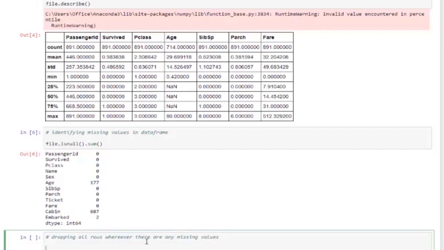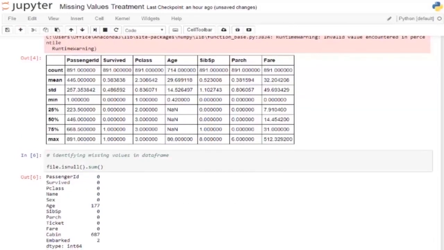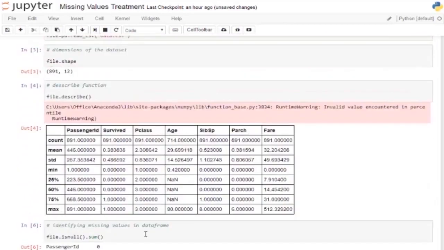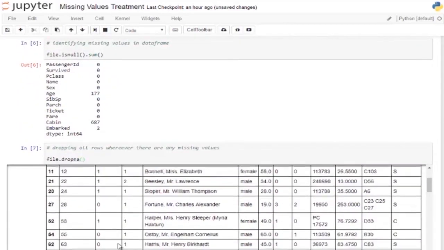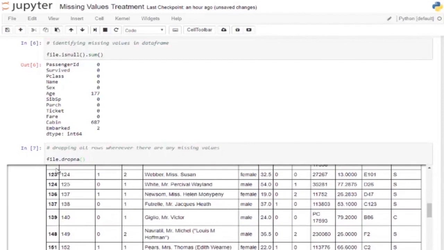We'll be using the dropna function to drop all the rows wherever there are any missing values. So let's just do that. So here we can see that we have dropped all the rows wherever there are any missing values. Now there are no missing values in this dataset.